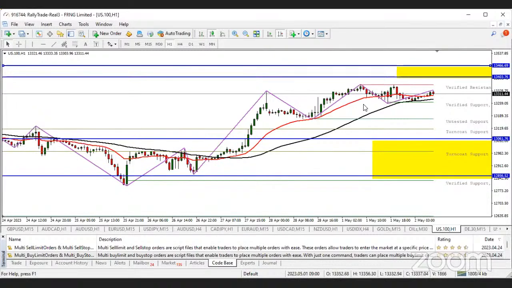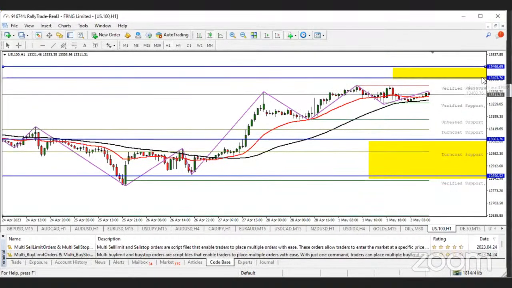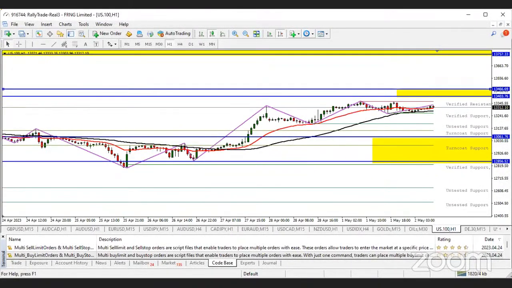Yeah, so like I said earlier, there has been a double top around that particular zone, and price has been struggling to break that zone. So you look forward to a buy around these zones I just marked out, 13,406.76 and 13,466.69. You can ride or take profit at any point.